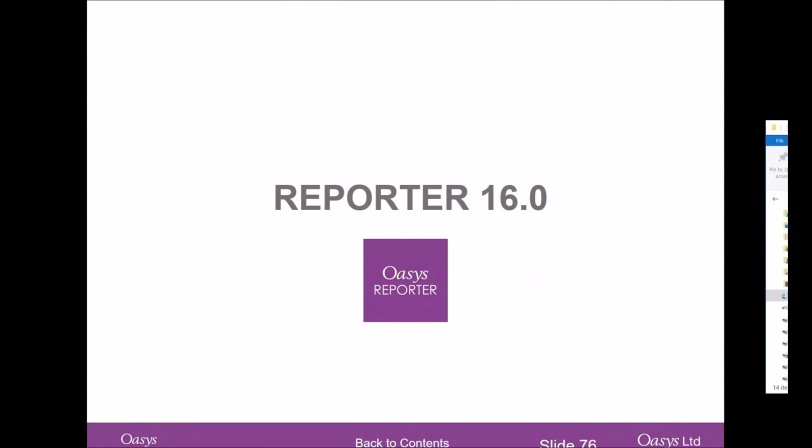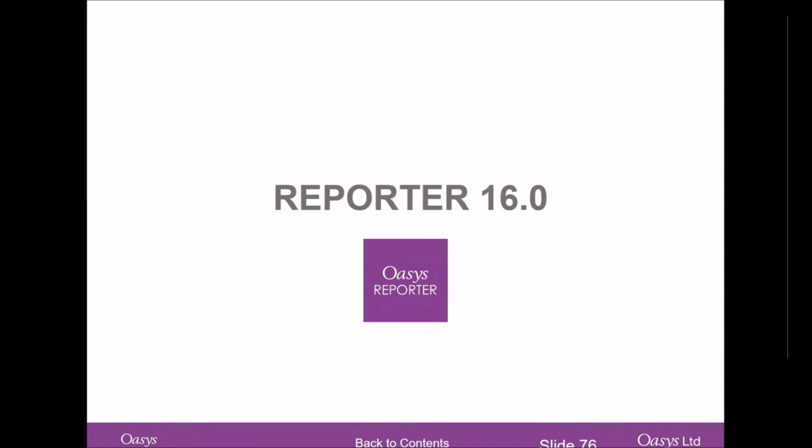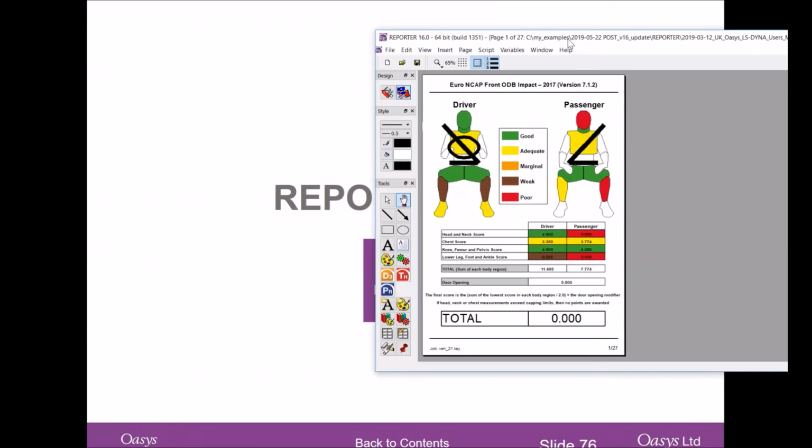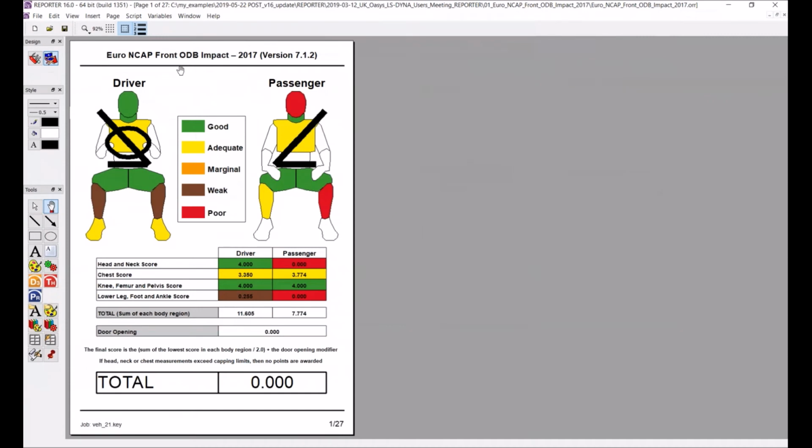So the first thing I want to do is open up an existing standard template report. The standard templates in Reporter are really useful. Sorry, it's come off on the other screen. Now it's letting me drag it across. There we go. So this is the Euro NCAP front ODB impact assessment,